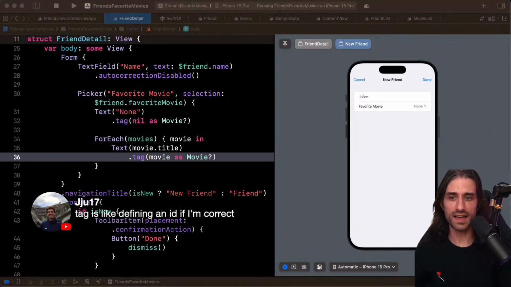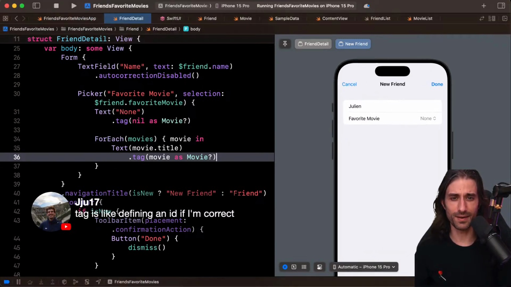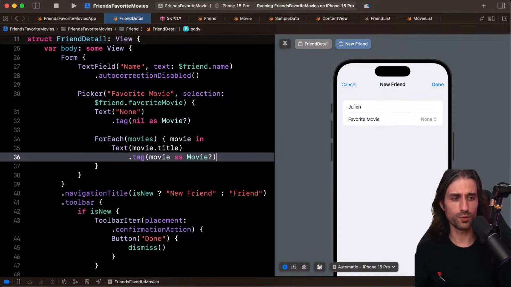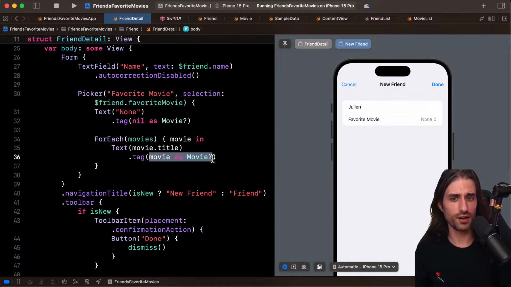And yeah, tag is a bit similar to ID. Indeed, they have this same idea of you pass in a value and then it's handled in a bit of an auto magical way by SwiftUI. But that's indeed how it works. And it's indeed a bit auto magical because, as you can see here, if you don't have the exact same type, it's not considered.